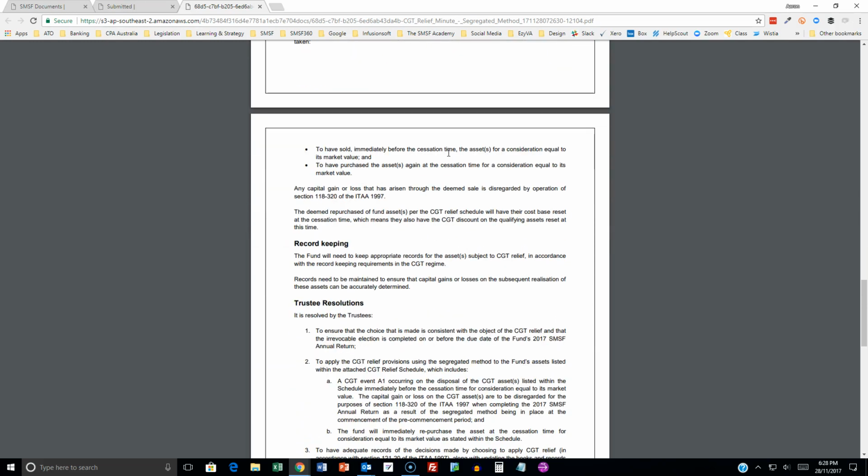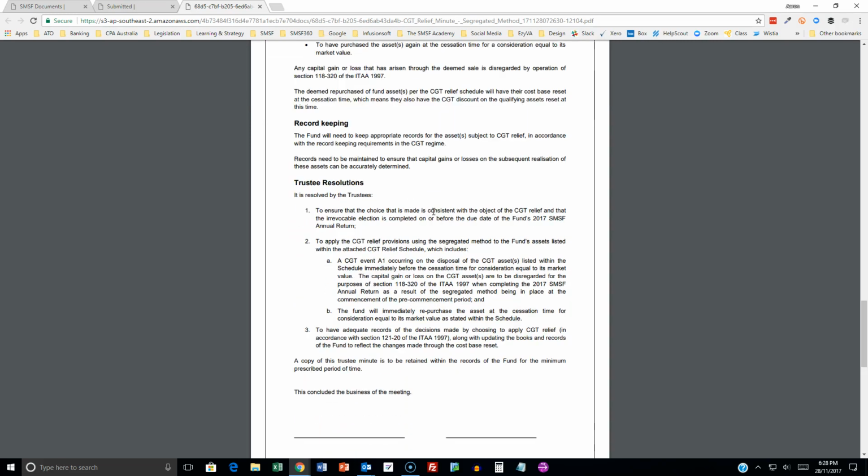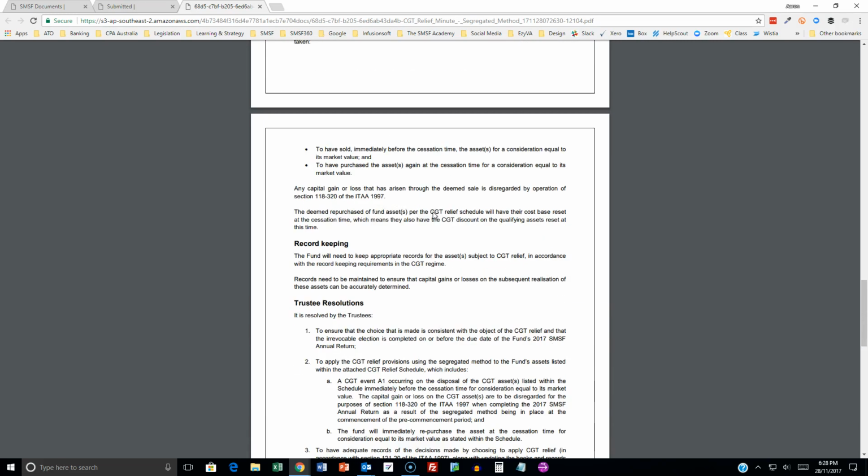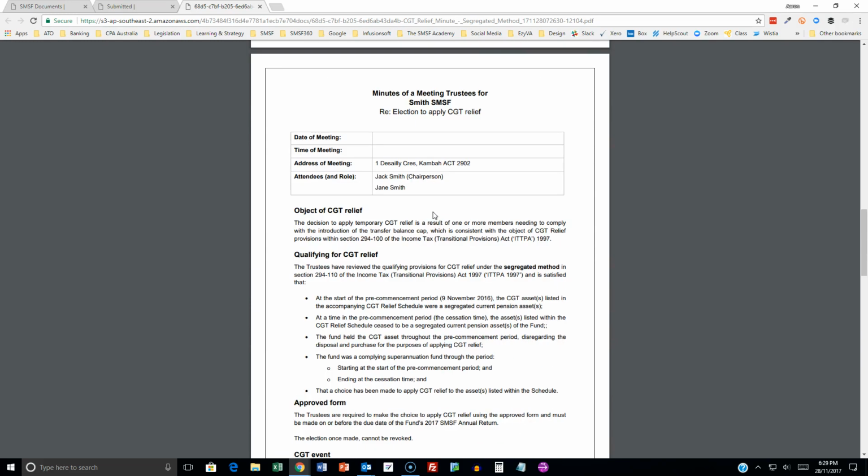And then what occurs in respect to that CGT event around those particular assets that pertain to the CGT relief schedule that you will be able to produce out of your SMSF software. We have our record keeping requirements and then the resolutions that occur as well. So that's what our CGT